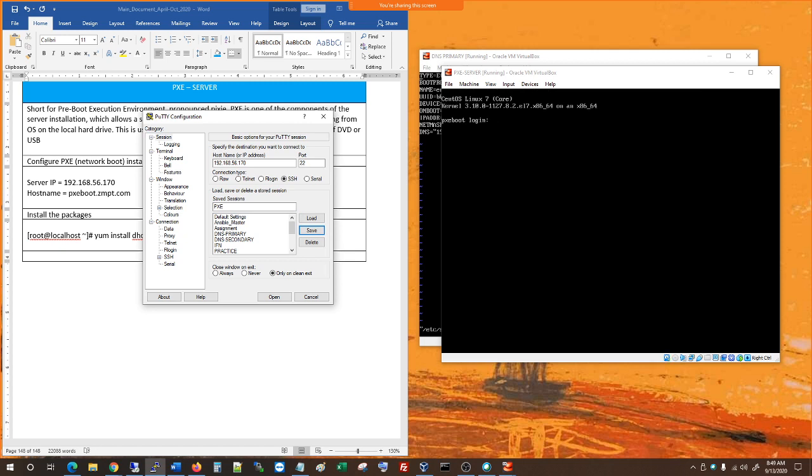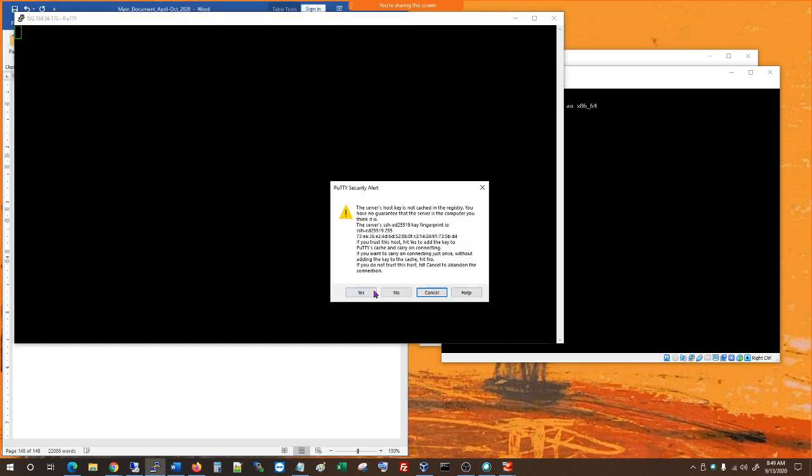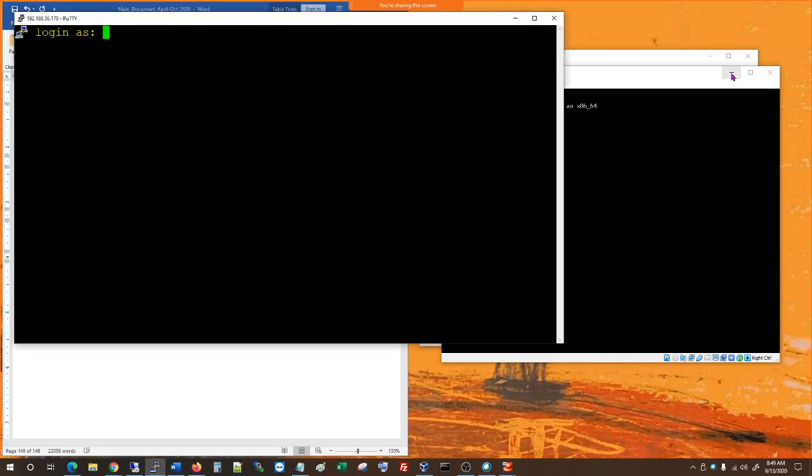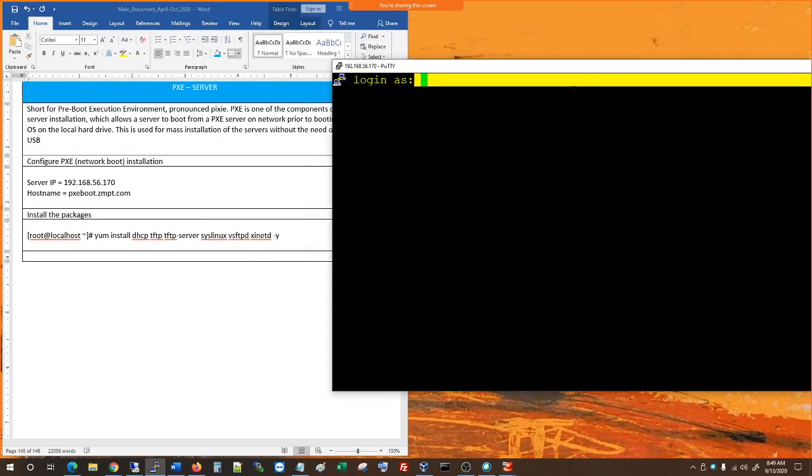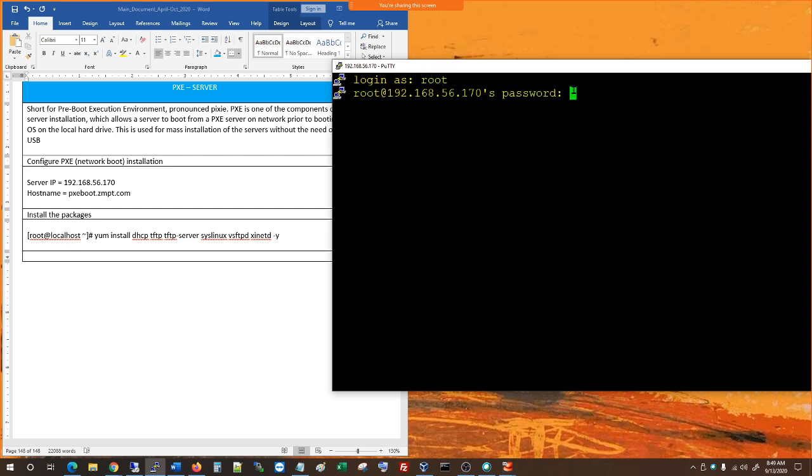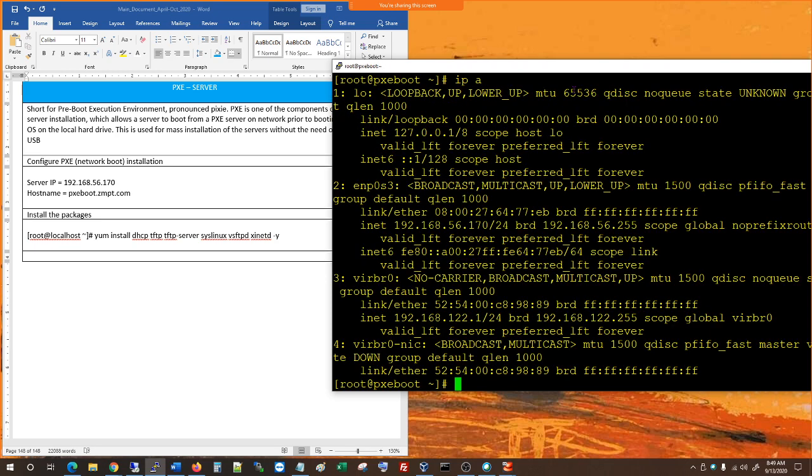Okay, I'm going to log in and see if we can connect here. Yeah, we can connect. We could connect to 170 just fine. So I'm going to put root, Red Hat. Okay, 170 is fine. And then what I'm going to do is actually